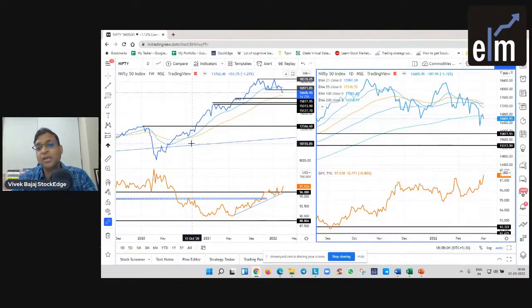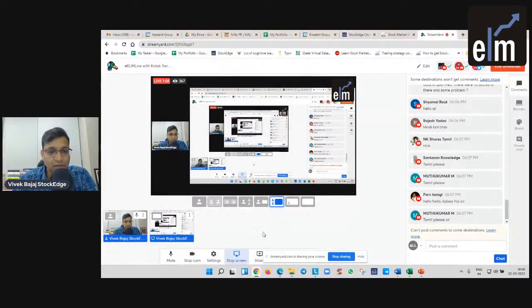So right now I'm waiting for Nifty to go above the 200-day moving average before I can get into stocks which are still looking strong, but I am still not getting into them because I know the market's overall momentum is pretty muted right now.